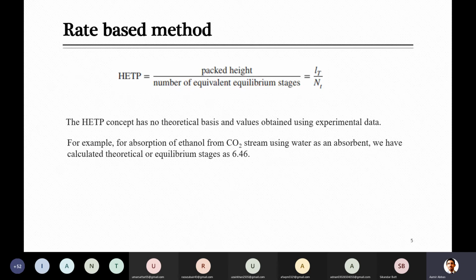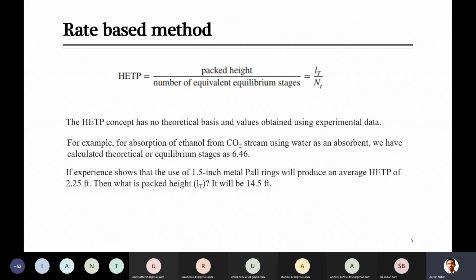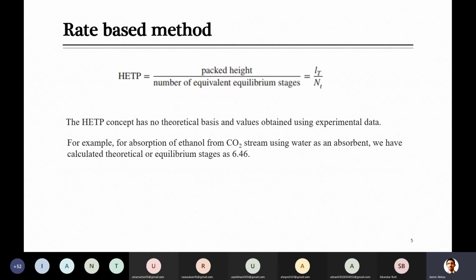They were, for example, exactly 6.46. That was also calculated in example 6.2 using the Kremser method. So if we want to see how much height will be needed to get that ethanol separated from the system, with 97% removal of ethanol from the inlet stream,